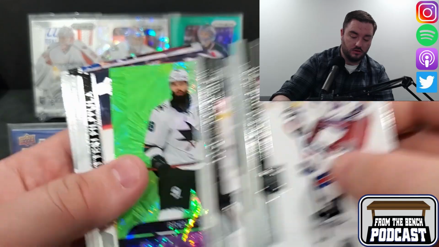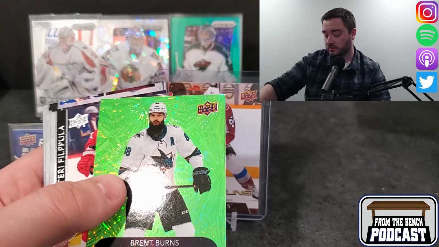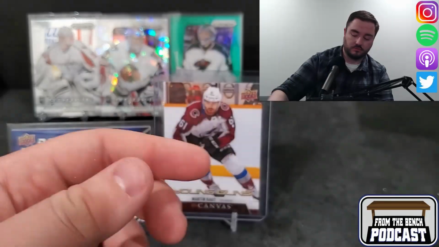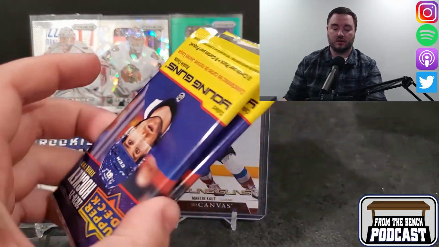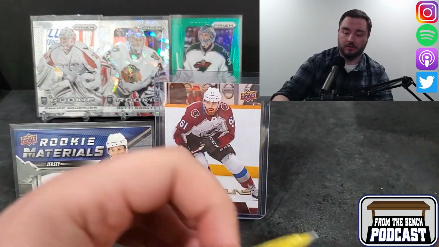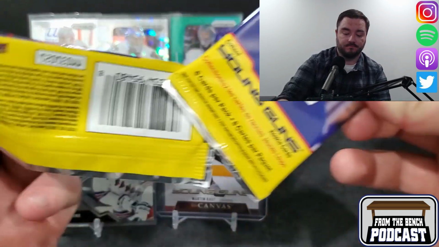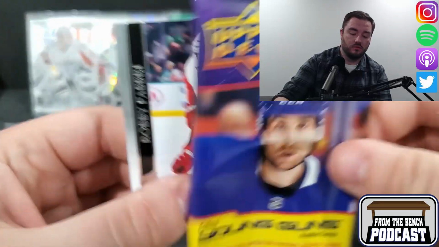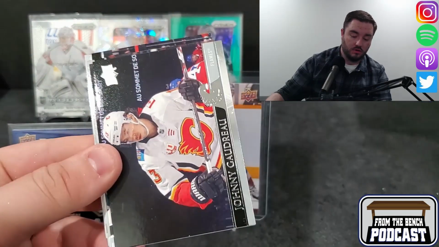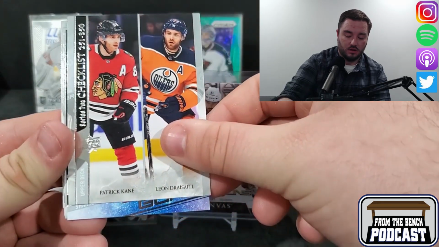This is Noah Dazzler of Brent Burns. Did we already hit Dazzler for this? Or is that other one? Anyways. Brent Burns Dazzler. So now I don't have much hope. Are we going to get back-to-back Young Guns here? We'll find out. Stay tuned on the next episode. Dragon Ball Z. We got... Yeah, it's a Young Gun. Here we go. We got Johnny Gaudreau. We got the checklist. We got for the...